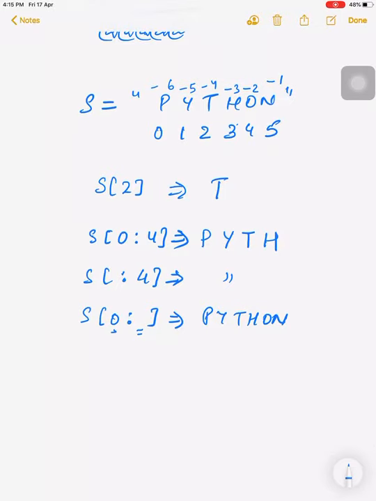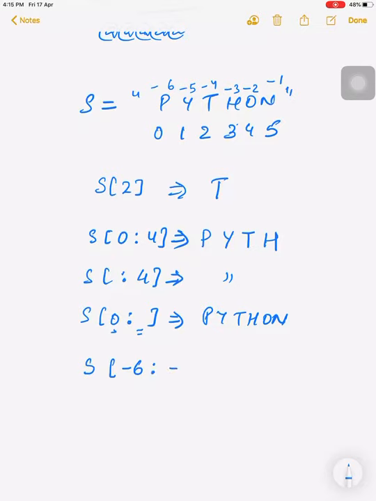String also supports backward indexing like this: -1, -2, -3, -4, -5, -6. For example, if you write here -6 to -3, then what will be the answer?